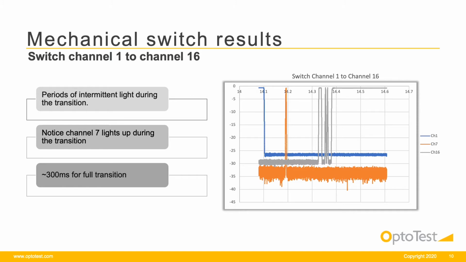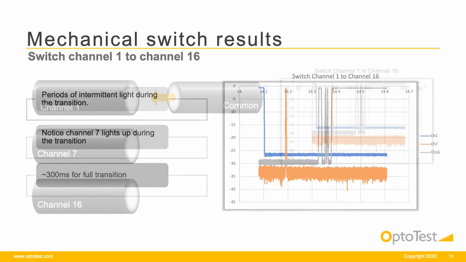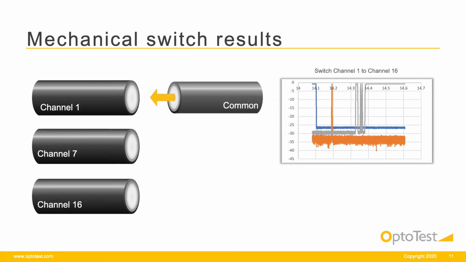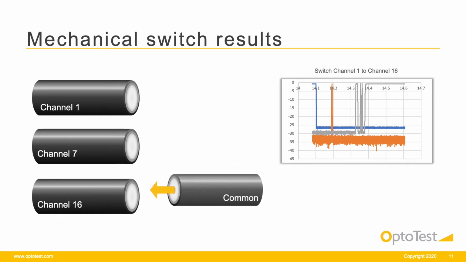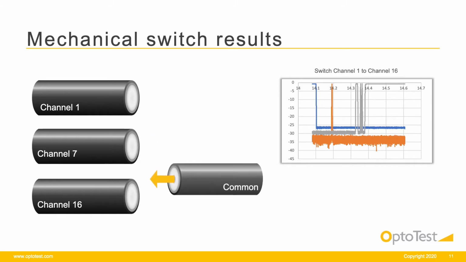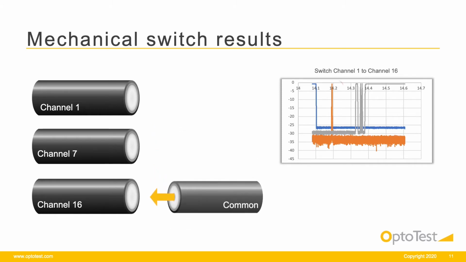As the channel count of this switch would increase, the time to get to channels that are far away would gradually take longer. One can see that as the channel is changed from 1 to 16, the common port would briefly pass by channel 7 on its path to channel 16. This pass-by causes a brief power spike on channel 7. The high-speed data capture of the OP740 allows the signal to be seen. Sampling at a lower data rate would likely miss this event.